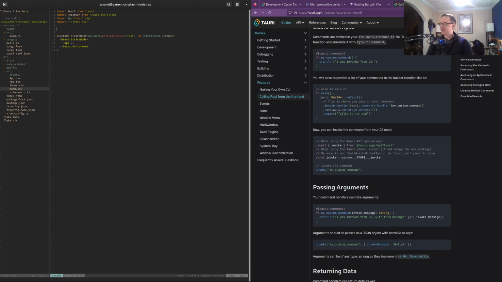So let's see here. Import invoke from Tauri apps API Tauri. There we go. I haven't imported that yet, so I'll have to go back to do that. Const invoke equals window dot invoke. And then it doesn't really matter where exactly I call this for our purposes, but we'll do it right here. Okay, now